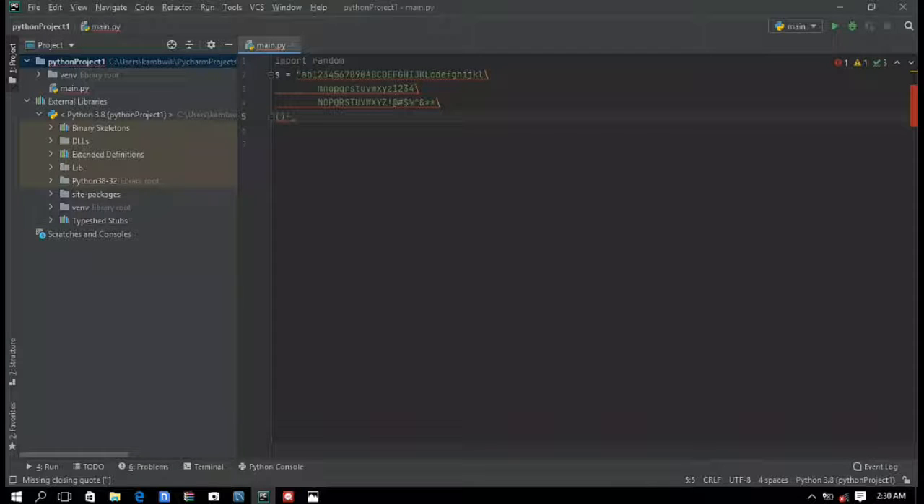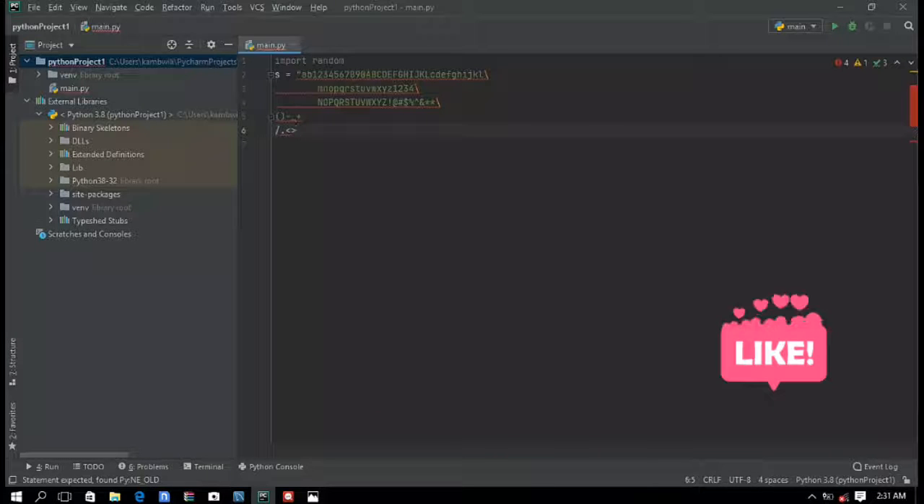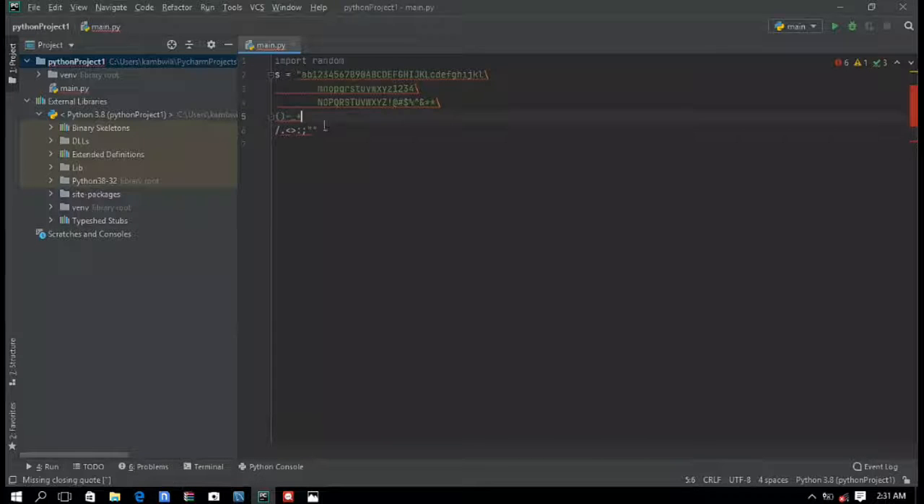underscore, plus, forward dot. Okay. Now let me indent. Okay, now I'm going to write